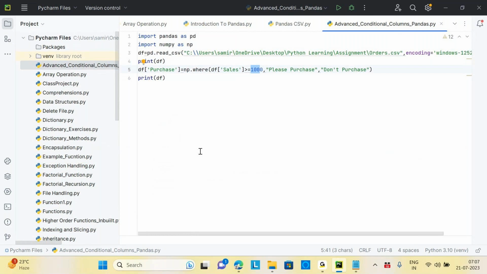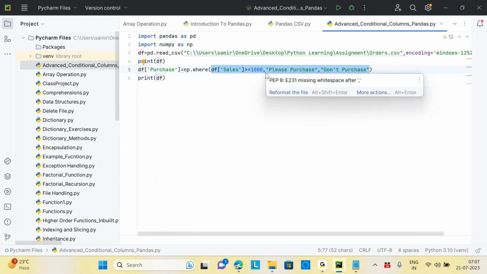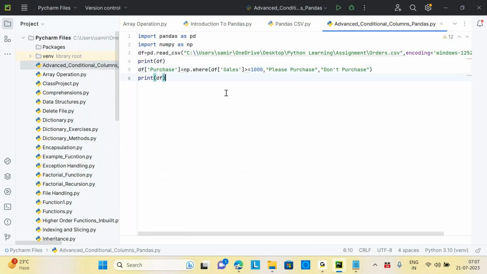Yes, yes. Okay. But here, one problem with the where condition is that if I want to extend this condition, I can say sales is greater than 1000 and 2000, then 2000 to 3000, then 3000 to 4000, something like that. If I want to do that in a where, it will be more complex, with more conditional things coming. This where will work whenever you have very simple, straightforward conditions: one condition, true part, false part. But when you have multiple conditions to check,